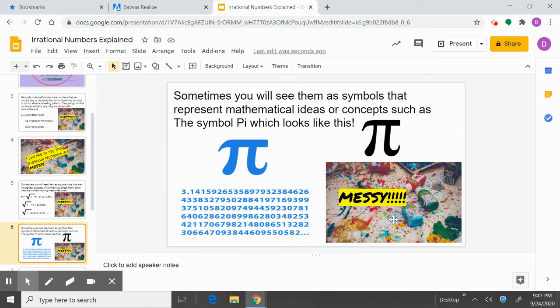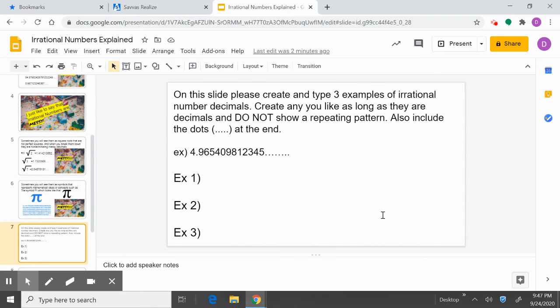So what your task is going to be is you have this document in Google Docs in your Google Classroom. On this slide, please create and type 3 examples of irrational number decimals. Create any you like as long as they are decimals and do not show a repeating pattern. Also include the dots at the end.